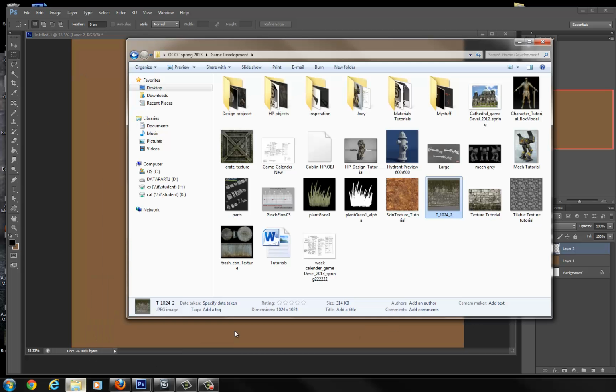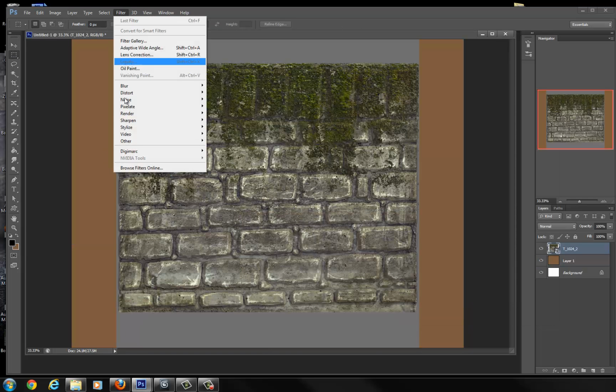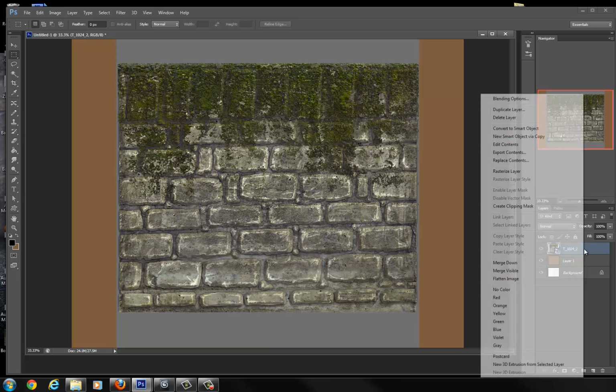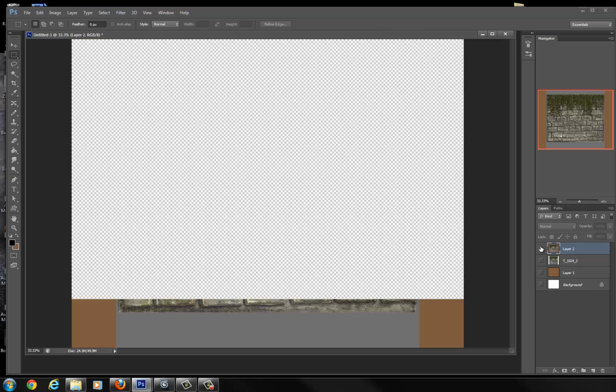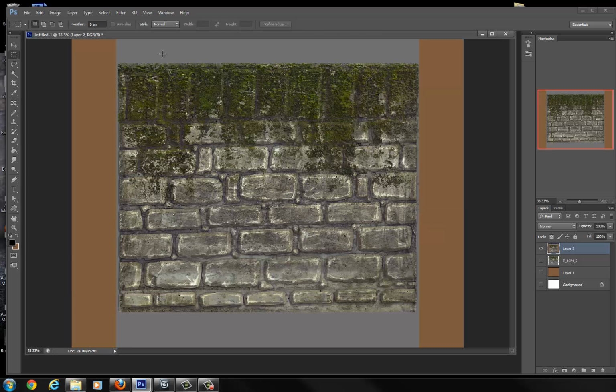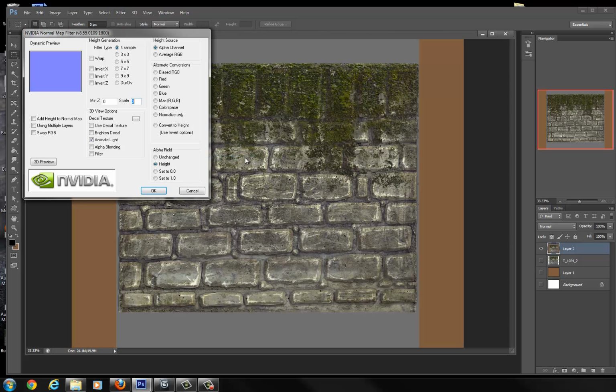If I want to make a normal map, let's see if that's installed. Filter, I'm going to rasterize this layer. Oh, if I want everything to be on one layer, I'll hold down Alt, Control, Shift, E, and now everything's on one layer. Make a new layer by pressing this button. If I go to Filter, Other, or NVIDIA Tools, Normal Map, and I'm going to hit,